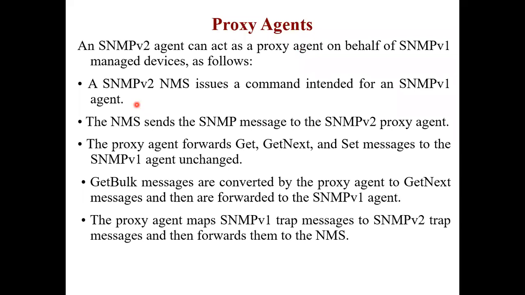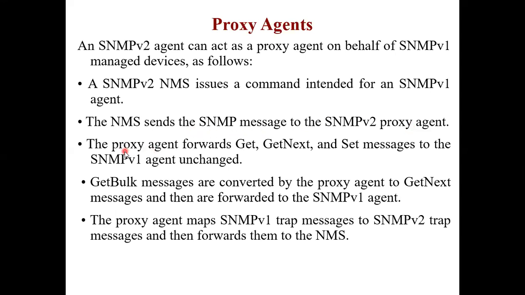Now where do I need the change? So the NMS sends the SNMP message to the SNMP proxy agent. So directly before sending it to version 1, what the NMS will do, he will send it to the proxy agent. So now it is the work of the proxy agent. So now again, see, क्या हो रहा था, SNMP version 1 में मेरे 5 messages थे, version 2 में 7 messages है. So what the proxy agent will do is, he has to take care of these 5 and 7 messages, because we are sending only these messages. Now, वो 5 message और ये 7 messages that is exchanged between the agent and the manager. Now it is between the 2 NMS.